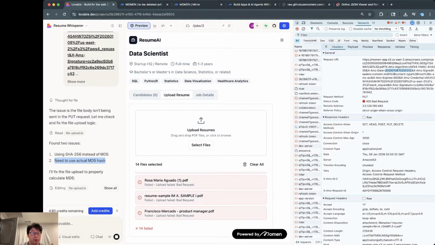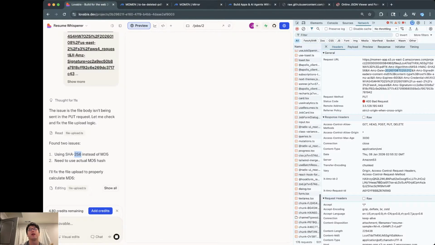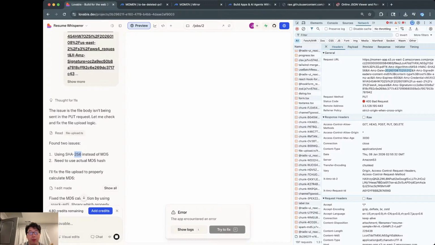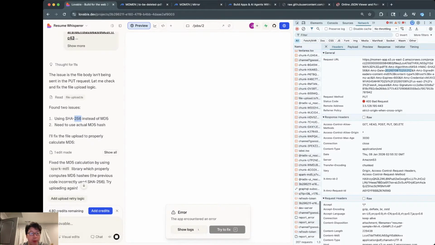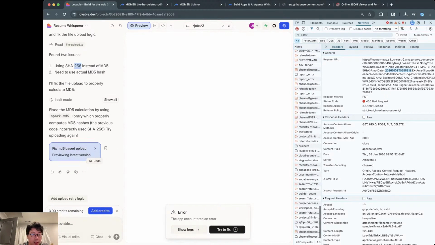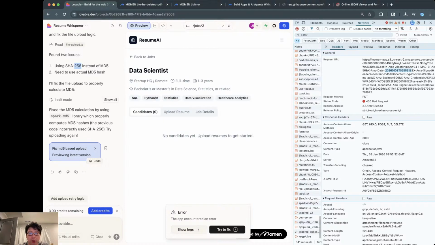Yeah. It was using SHA-256. I don't know why. It was explicitly stated in the instruction that you have to use MD5, and here we go. 3.9. The time you watch this, it just gives me so much